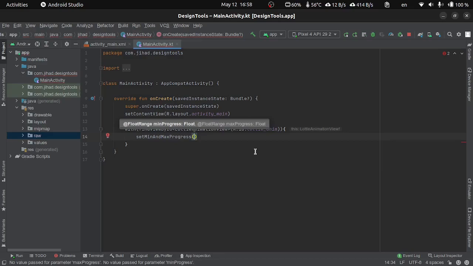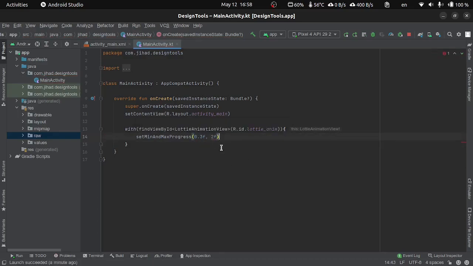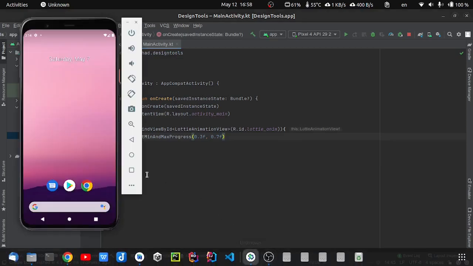So here, if we want, we can start it from, or the minimum indicated to 0.3, and the end, if we put it to 2f, Android Studio will highlight it as an error because it must be between 0 and 1.0, nothing greater than 1. So here we can make it 0.7. So this animation file will play from the 0.3 progress till 0.7 progress. And here, if we test it,